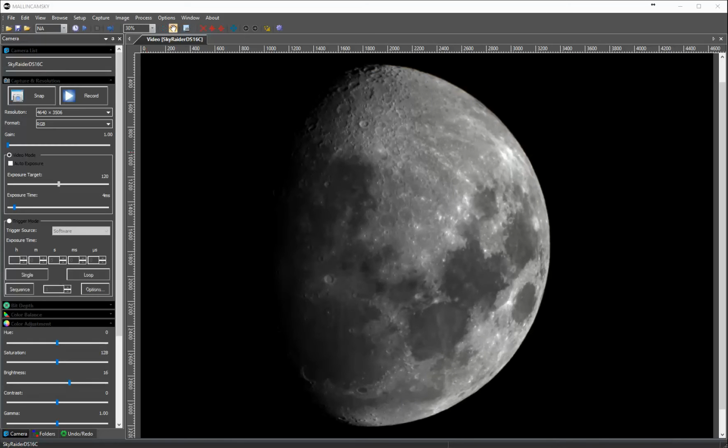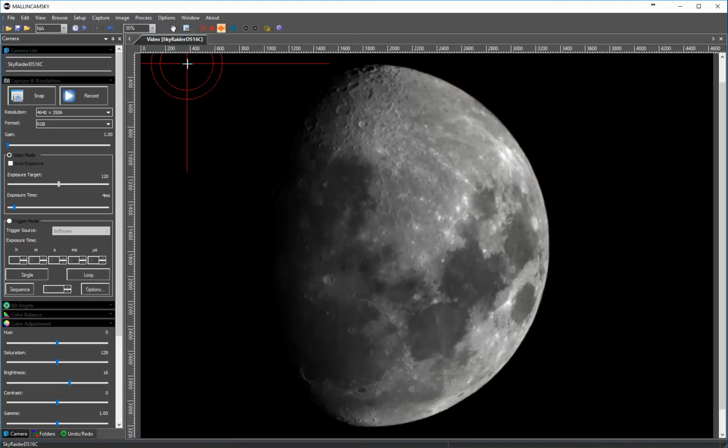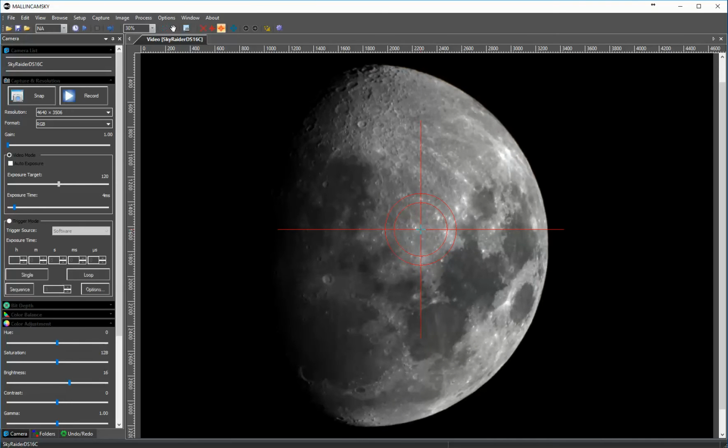So this is the new MallinCam DS16c, 16 megapixel camera. Let's get this. The resolution is 4640, so that would be 2320 would be mid, around there, 2320,